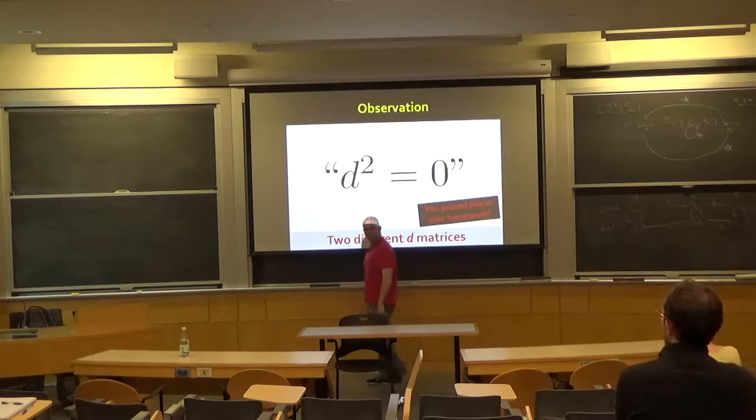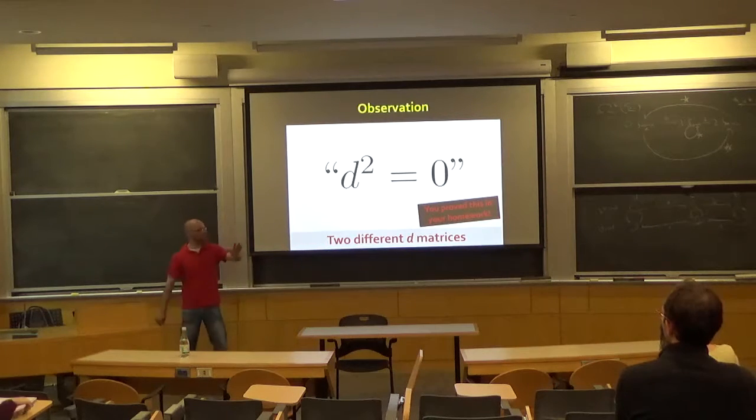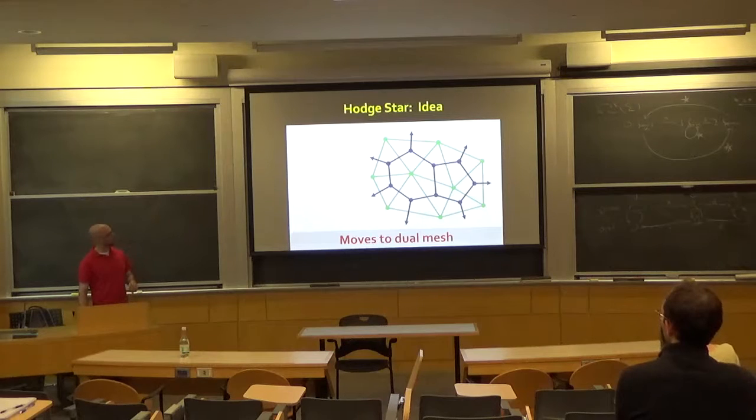Which is also true in differential geometry, by the way. Like, the first d takes as input 0-forms, the second d takes as input 1-forms. We just kind of think of it as operating on this giant pile. Okay. And then our Hodge star, the idea is that we're going to flip from primal to dual meshes,